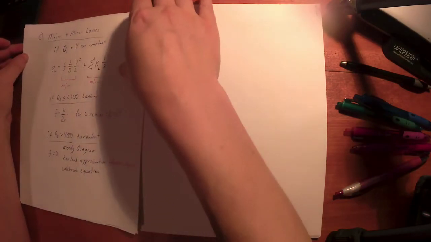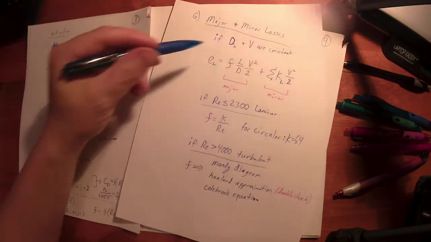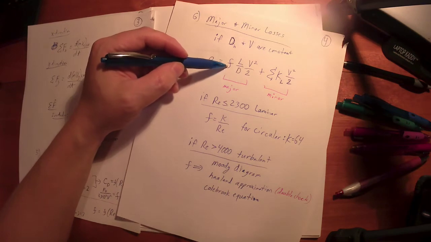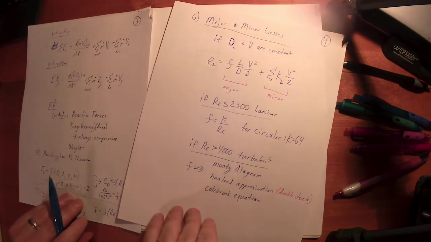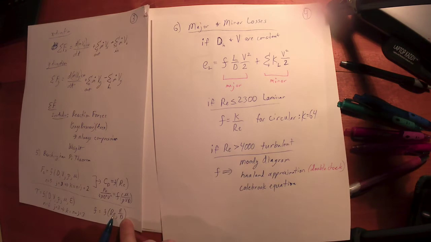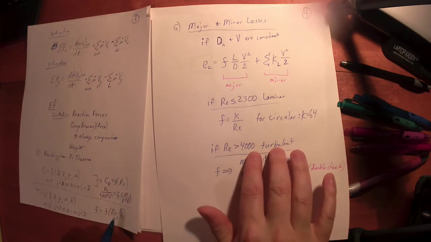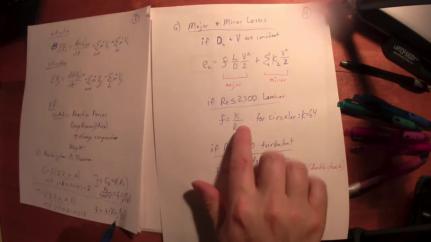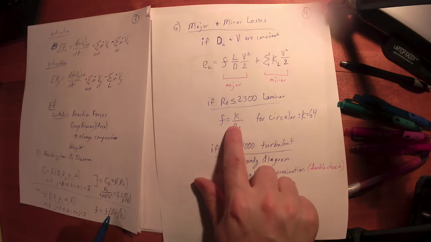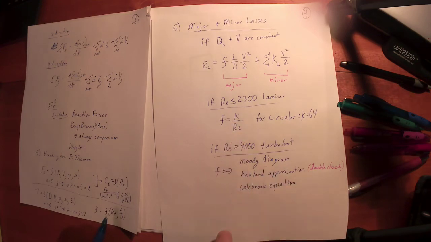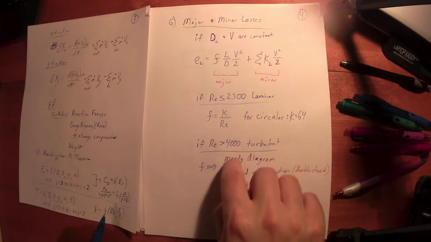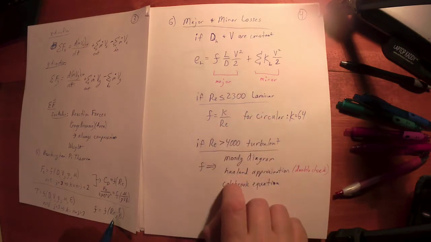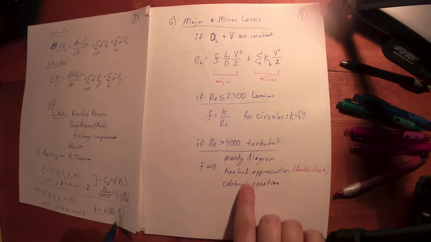Again, the major losses depend on this Darcy friction factor. As we said back here, Darcy friction factor is a function of the Reynolds number and epsilon over d. Now, epsilon over d really becomes a factor if I'm dealing with turbulent flow. If I'm dealing with laminar flow, the epsilon over d really kind of falls off. The Reynolds number is what takes over. In both cases, whether it's turbulent or laminar, the Reynolds number is a contributing factor. Epsilon over d plays a bigger role if I'm dealing with turbulent flow, and that shows up in one of